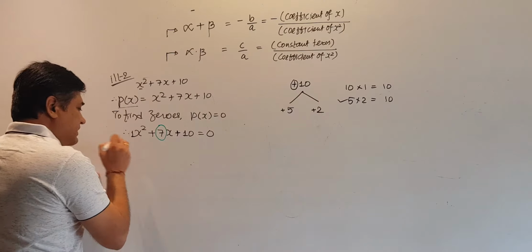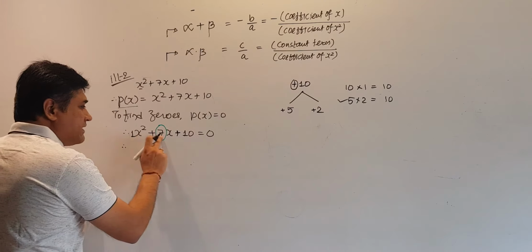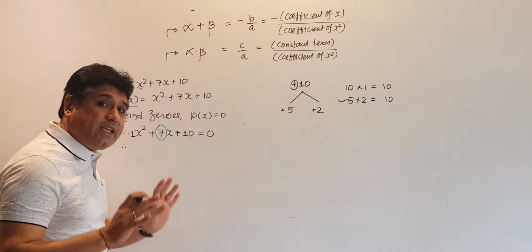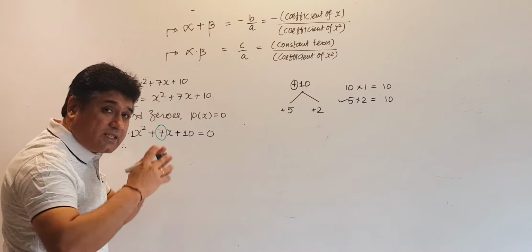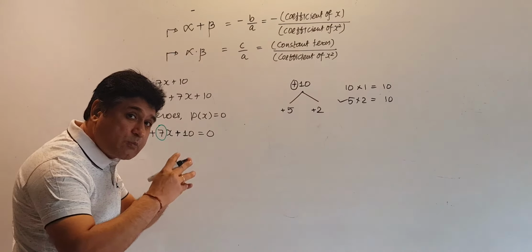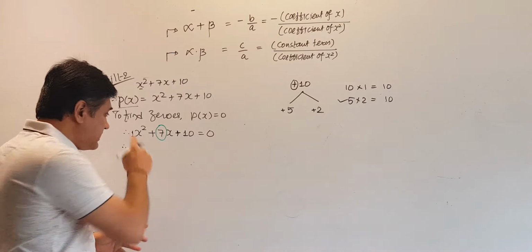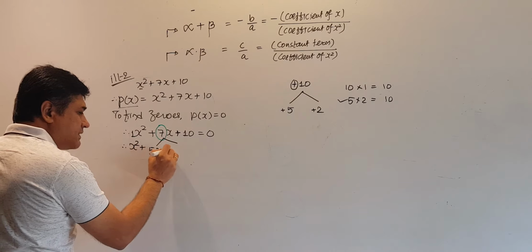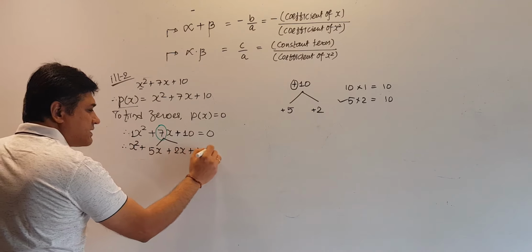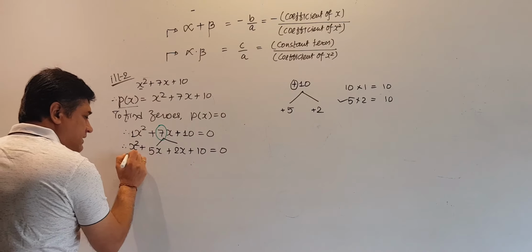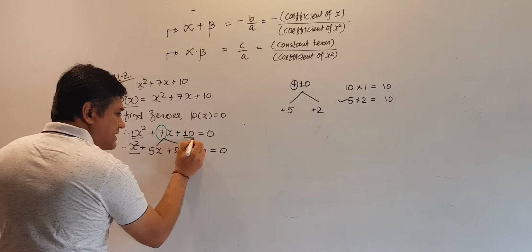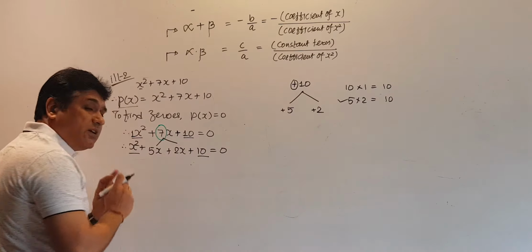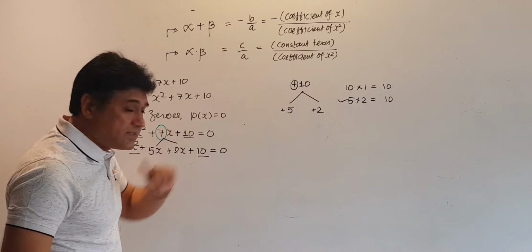So now friends, here what should I do? I have to expand these 3 terms into 4. So first and last term will remain the same. Only I have to expand the second term. Better to say, I have to split the second term. How? Let's see friends once again. X square plus 7x will be split like this: 5x plus 2x plus 10 equals 0. Have you seen friends? First term, here it is. Last term, here it is. Both remain unchanged. What is changed only? 7x is split into 2 like this.